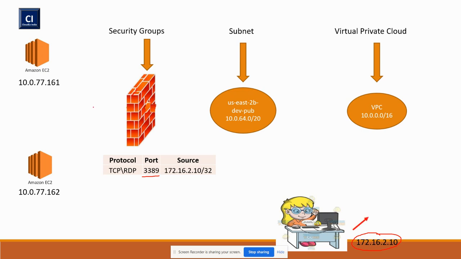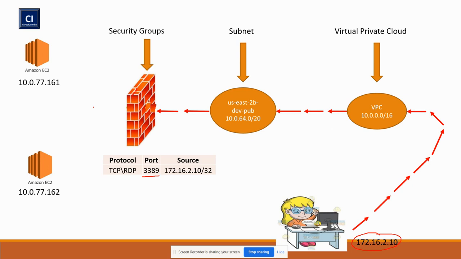So what happens when this user sends a request? First of all, definitely it reaches your VPC. From the VPC it reaches the subnet, so there are some other network parts involved, right? It may be the VPN connection or over the internet, you are using the gateway, so there are several parts involved, so I'm not going into detail, I'm just describing the flow. So it goes through the network.